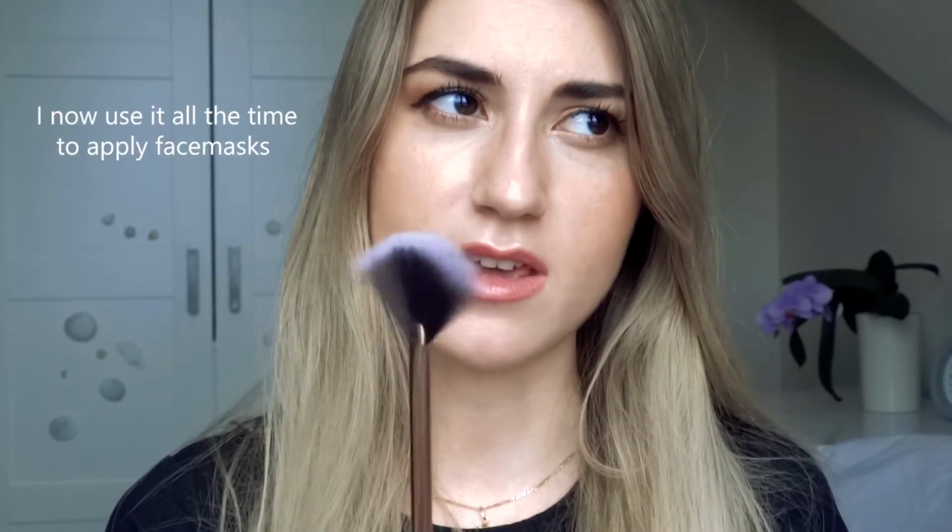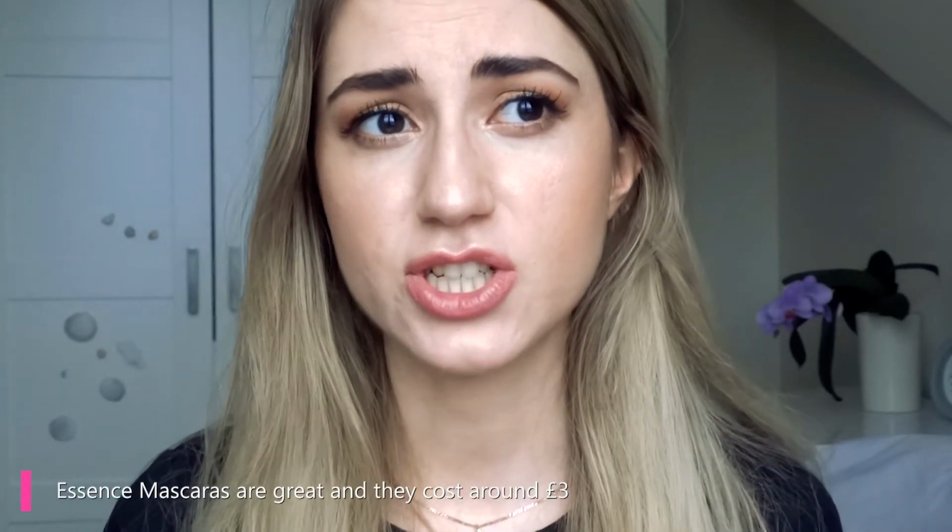The brush is a pass. I'm not sure I'm going to use this again, or maybe I haven't discovered its magic yet. I doubt it. Mascara, definitely a pass. I just feel like other mascaras give me a much better finish and a lot more volume, and they're not such a hassle to apply. And the reason why I don't think I'll use this again is because my eyes are very watery after applying this. I've been struggling. And now, the items that I actually really like and I'm going to use quite a